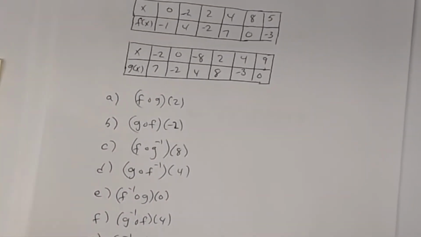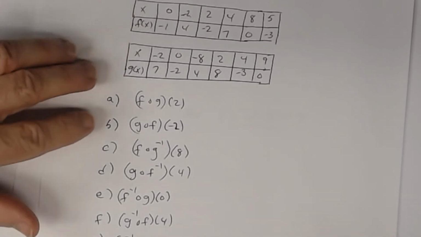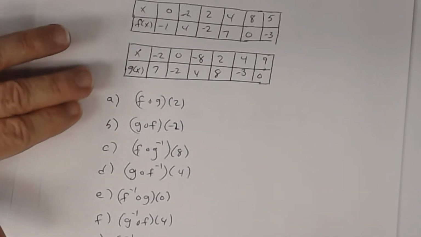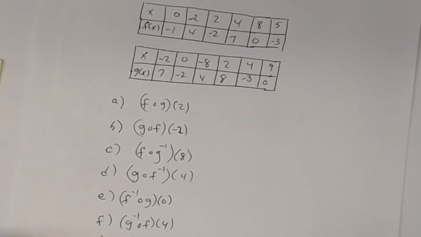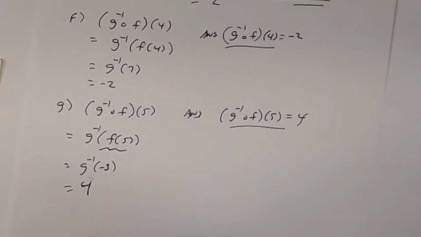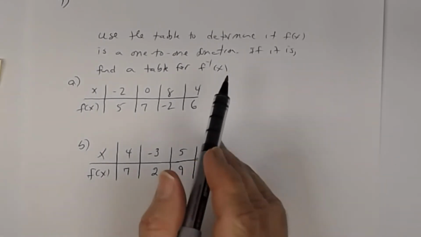It's not difficult, just knowing how to create inverse tables for your functions, and then remembering compositions. That's all that is. All right, so let's look at number 4. So this is number 4. So in number 4, we have this, okay? And it says this: use the table to determine if